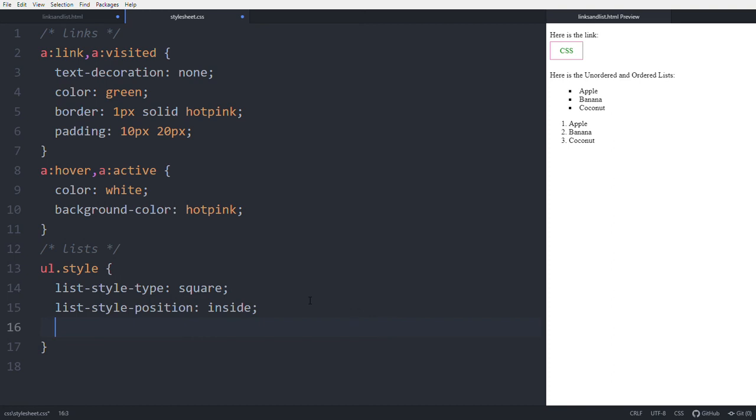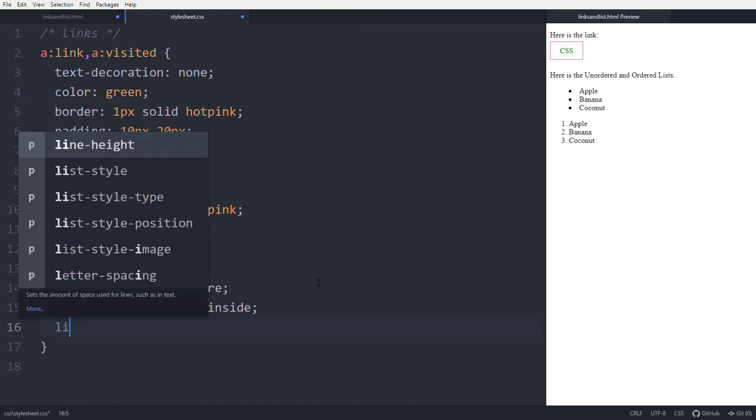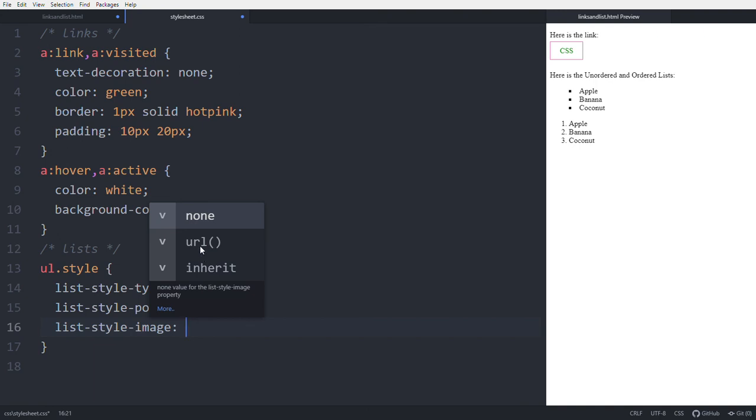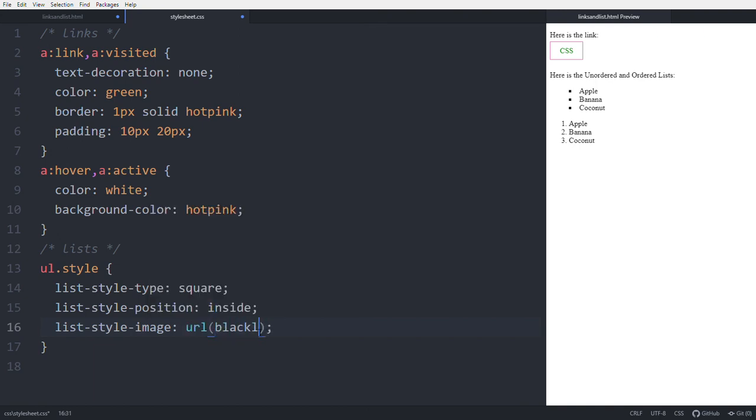Next one, instead of using these bullets, you can use any image with list style image with the URL, like blacklove.png. See, this is the image.